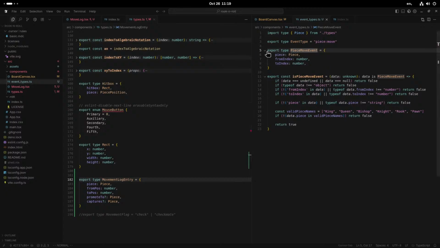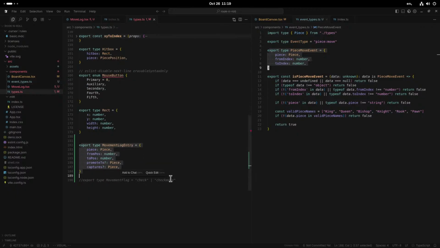If our move log is given an event that looks like this, does it have enough information to generate this move log entry on its own? I mean, the only way... Okay, it could figure out captures on its own because it has a move log. It knows where all the pieces are, right? So it could go back and search through its movement entry log and see if there's a 2 position that equals